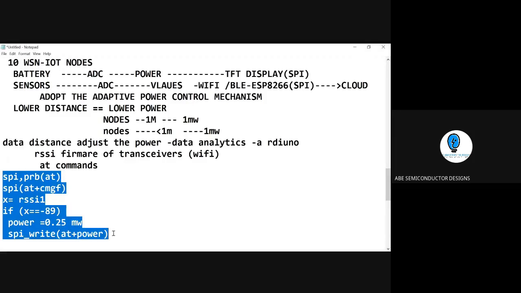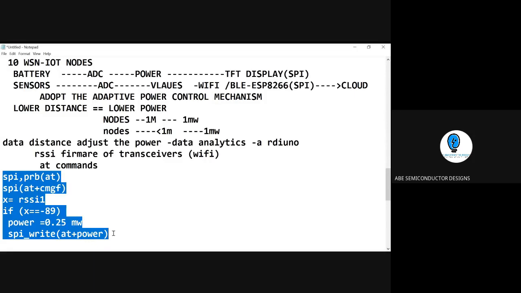When you do this, you can form your own routing and take a lot of data analytics because you are going to connect it to the cloud. You can see the sensor values and the battery lifetime, and from that you can make a real-time routing logic based on Arduino testbeds. That can be done with the help of the logic I told you. I even showed you the skeleton of the code, so that can be integrated with the tool I told you about, the Spyder IDE.